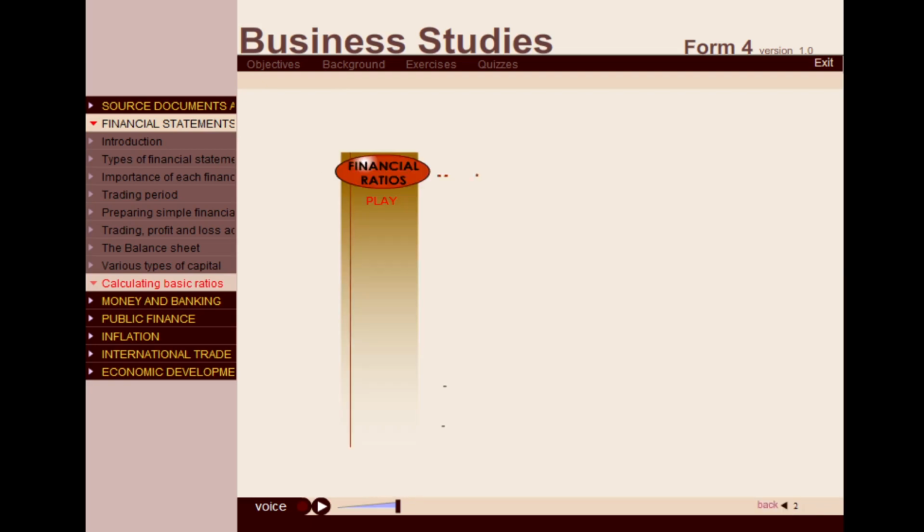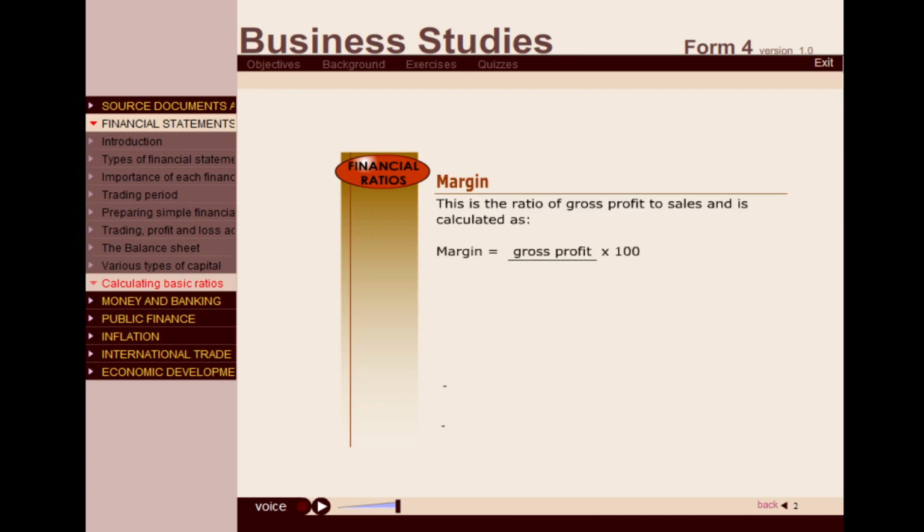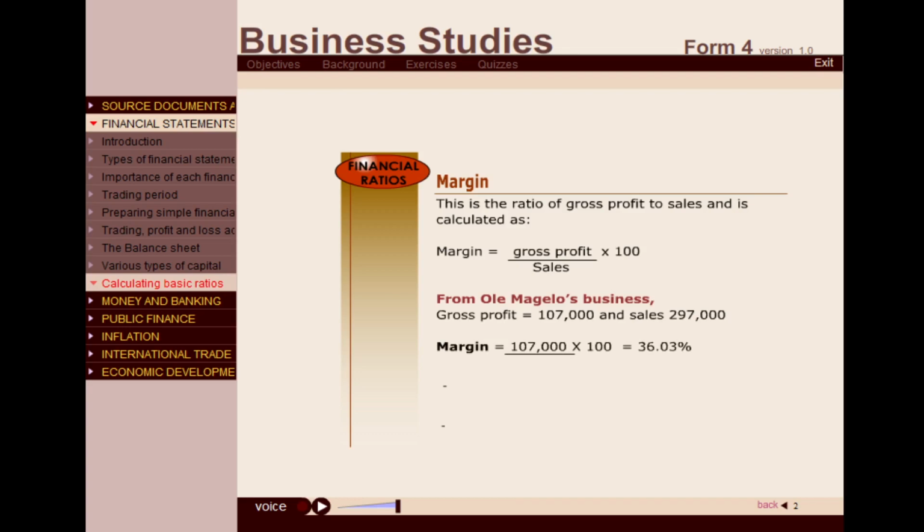Margin. This is the ratio of gross profit to sales and is calculated as margin equals gross profit over sales multiplied by 100. From Ole Magello's business, gross profit equals 107,000 and sales 297,000. Margin equals